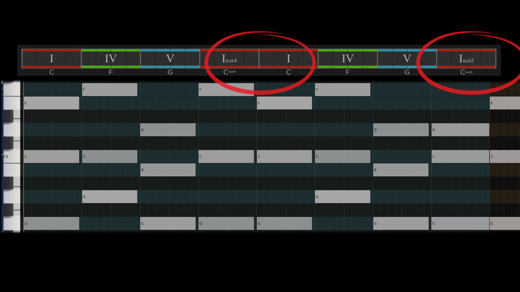You can also achieve a similar thing by suspending the 1 chord after the 5 chord to stretch out the resolution. For example,